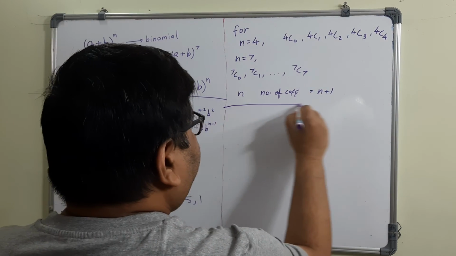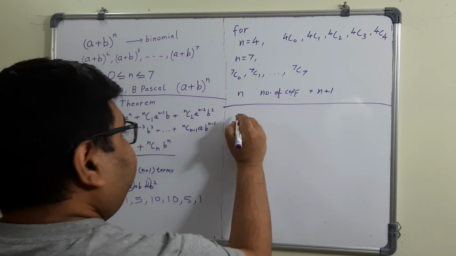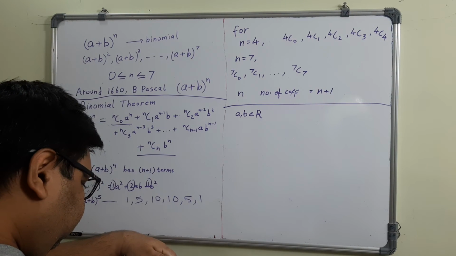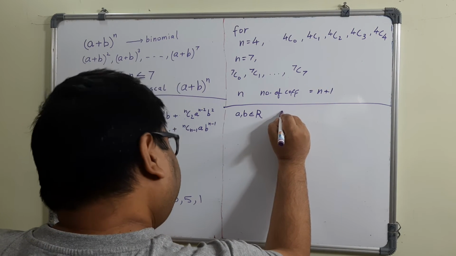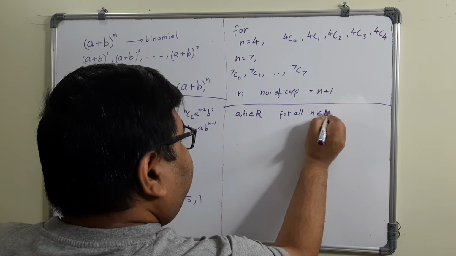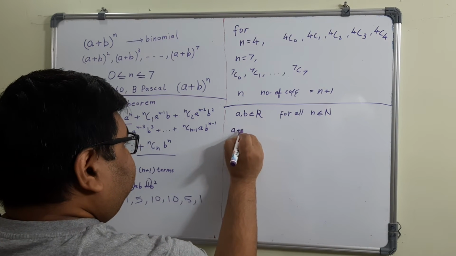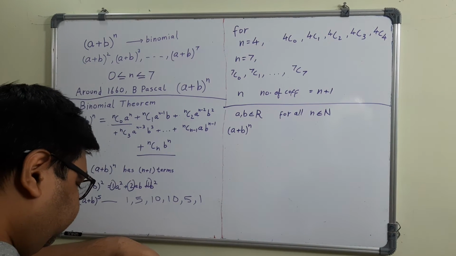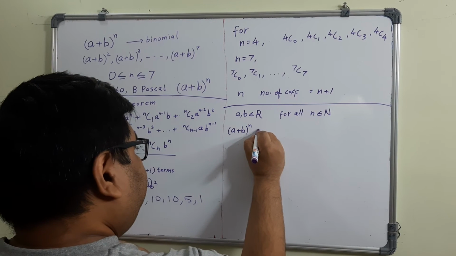The theorem says if a and b are real numbers, then for all n from the set of natural numbers, (a + b)^n equals